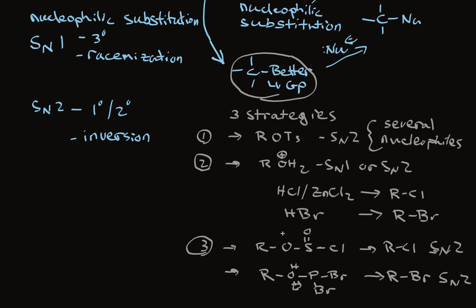So, in summary, these reagents convert alcohols to intermediates that are far more reactive toward nucleophilic substitution because they have better leaving groups. And then in a nucleophilic SN1 or SN2 reaction, that leaving group is replaced by a nucleophile to make a variety of products depending on the nucleophile.